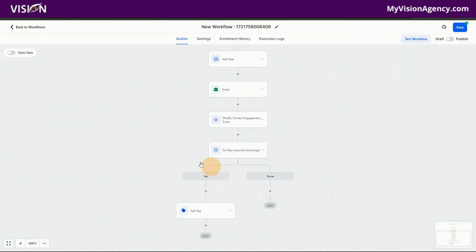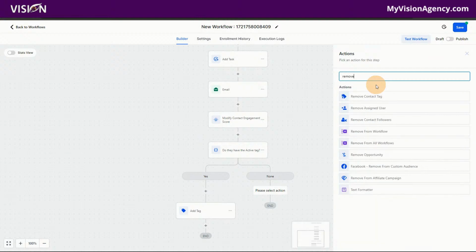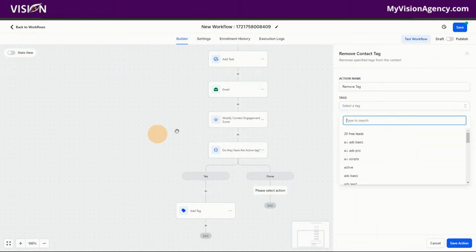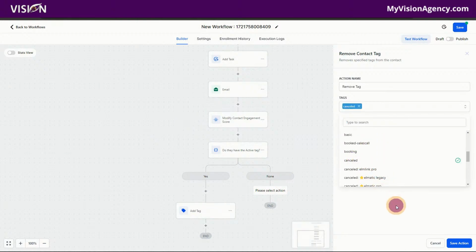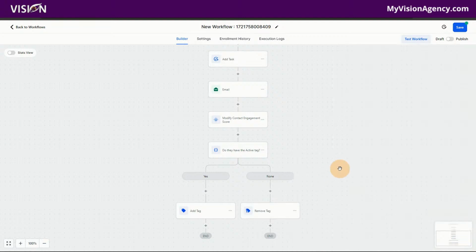Okay. Now, let's say here, what I want to do, if they do not have the active tag, maybe what I want to do is remove a tag. Okay, so maybe if they don't have that, what I want to do next is I want to remove the canceled tag. Okay, now again, these tags don't really make a lot of sense. I just want you to be thinking about the process here and how you use these tags to really segment